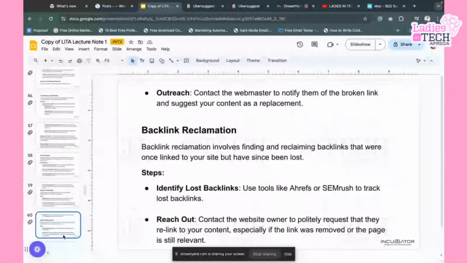Now, this is the outreach stage. You have to contact the webmaster to notify them of a broken link and suggest your content as a replacement. Now, this is backlink